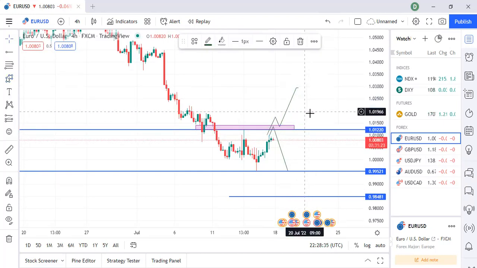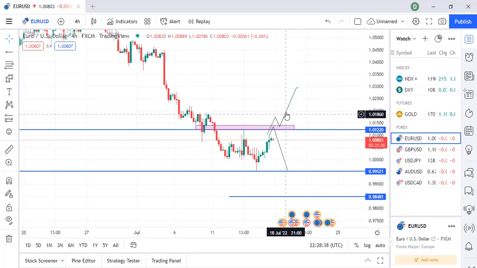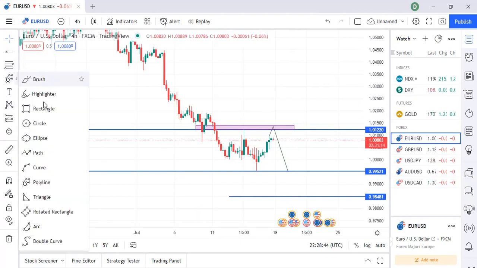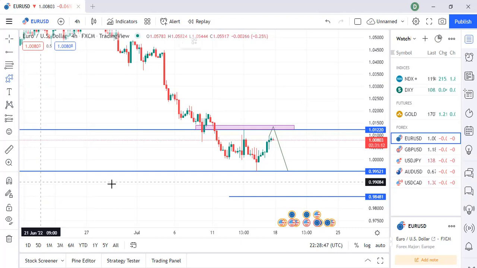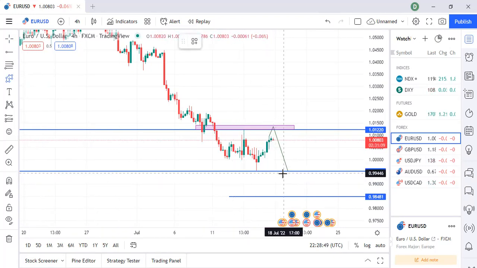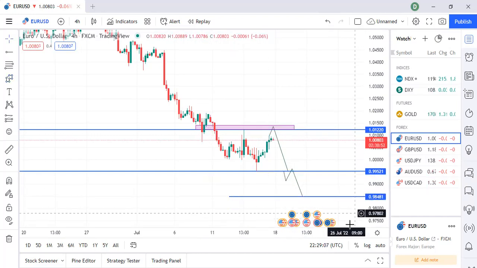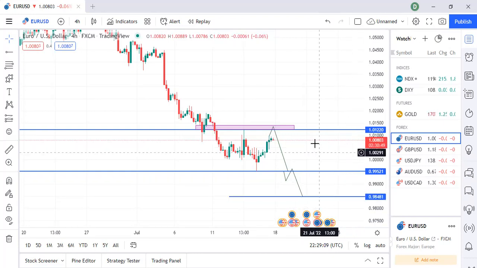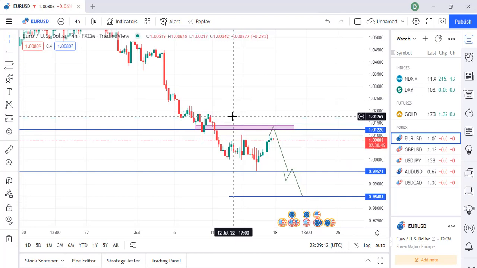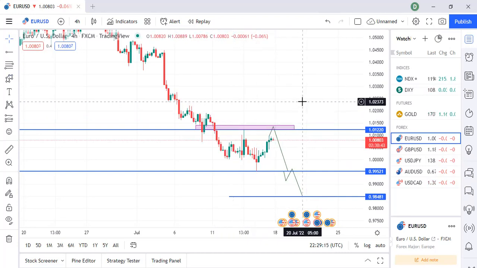Then I'll be expecting price to go further down to that area, depending on how the market moves. As I said, there is not that much news on the USD this week. So either we'll have that and maybe price breaks below this level, we see a retest, then we will see our final destination around 0.98. That is my bias on EURUSD. That will be my final destination.